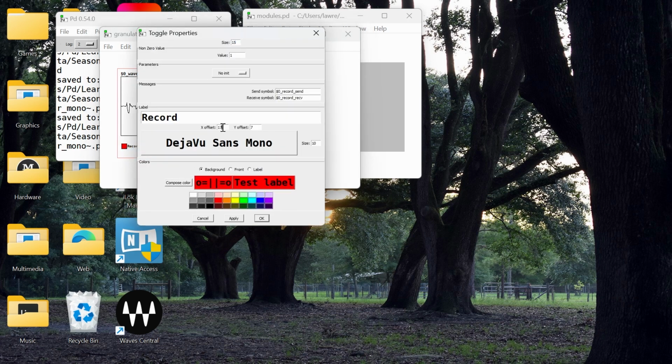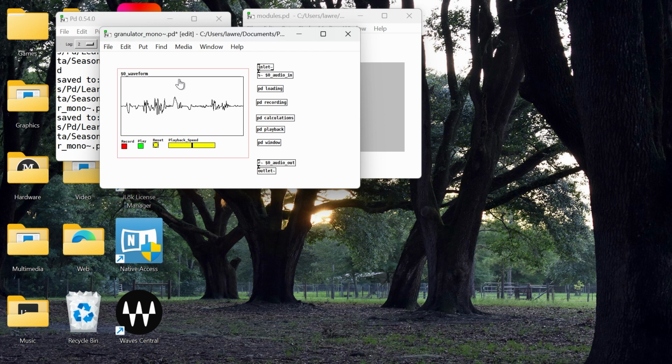You can put the labels where you want, as long as it makes sense and it's readable as to what it is and the user can use it, and that overall the patch works. Let me see. You can also use arrow keys when you select things to kind of move them slight amounts like that. All right, so we're going to duplicate these